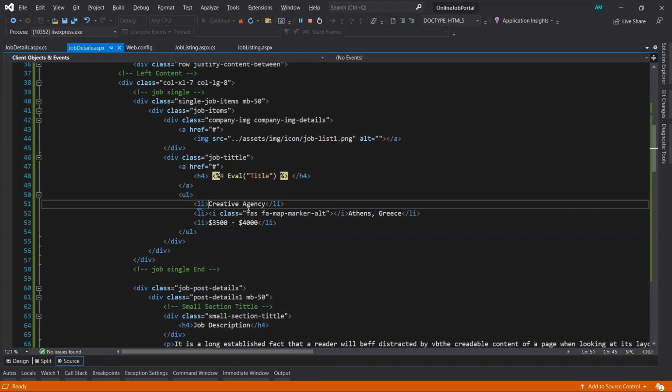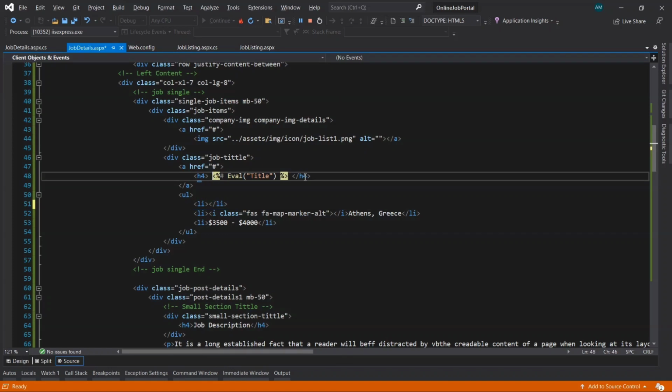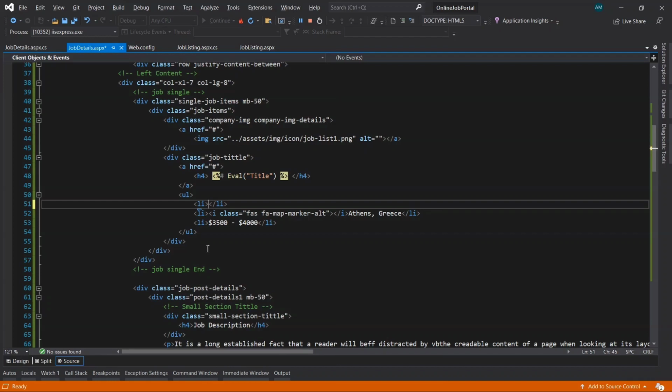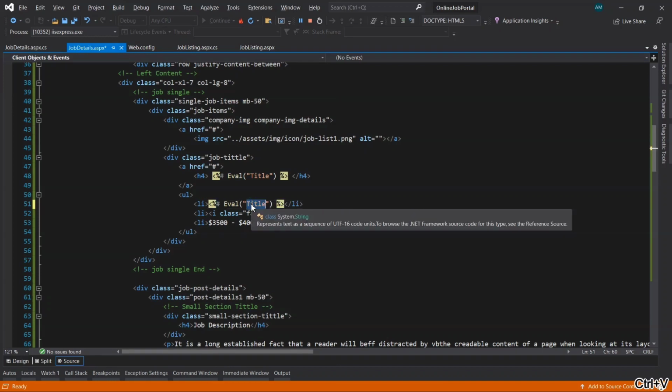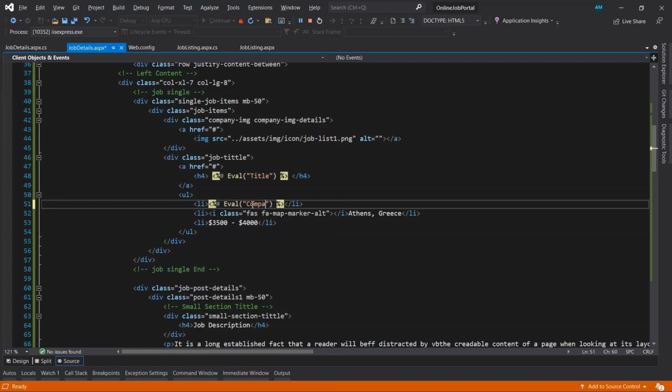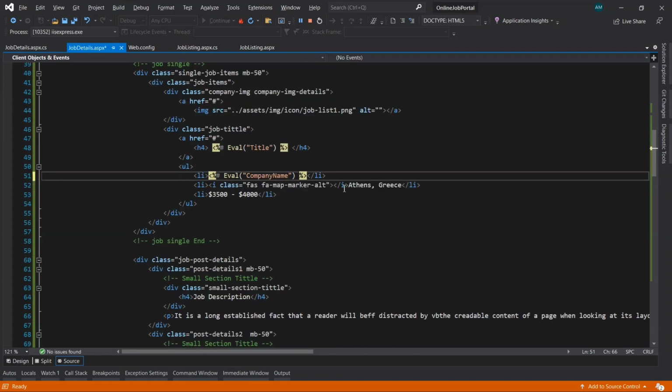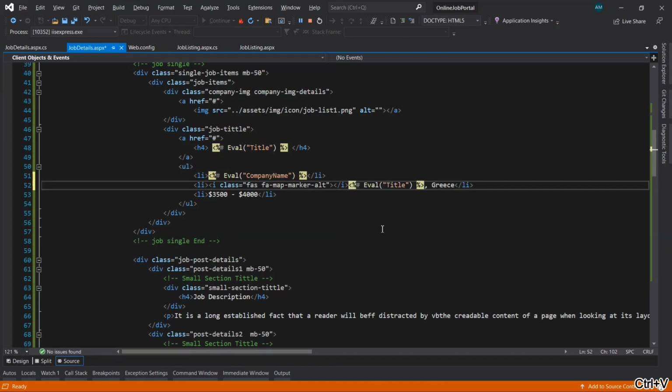So here we'll remove this part. Let's copy the code here, paste it here. Instead of title we'll give company name here. Then paste here, and let's give state.